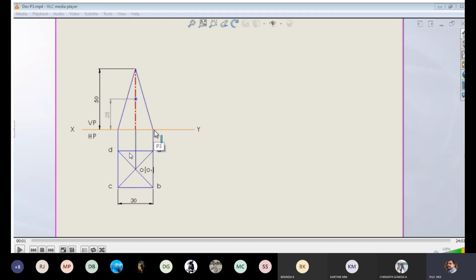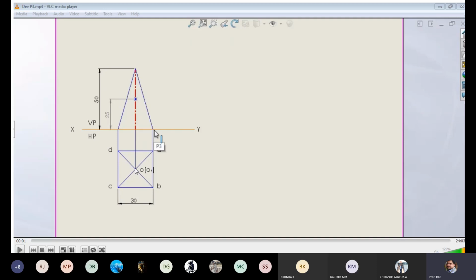Initially, I have not considered the cutting plane. You have to draw the front and top view of the pyramid. First draw the top view. We saw in SolidWorks in the 3D model that in the top view it will look like a square, and you can see all the slant edges, and you connect all corners to the center. The axis will lie at the center and look like a point, represented by O1.